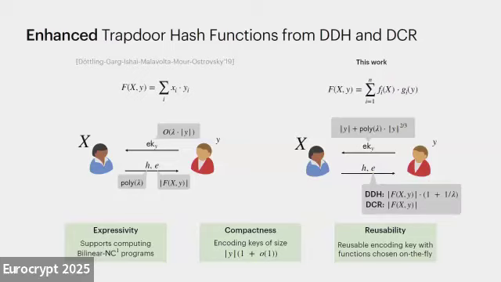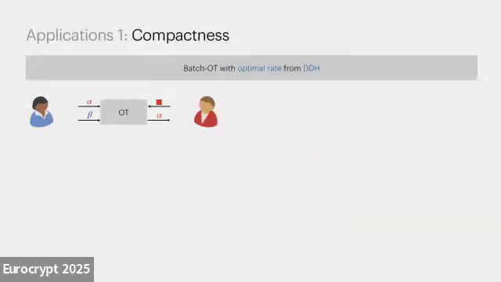Finally, I'd like to note that our DDH-based construction gives hints that are slightly larger, while our DCR-based construction gives rate 1 hints. And with these three properties, we get a lot of improvements to existing applications of trapdoor hash functions, which I'll go over next. So because our